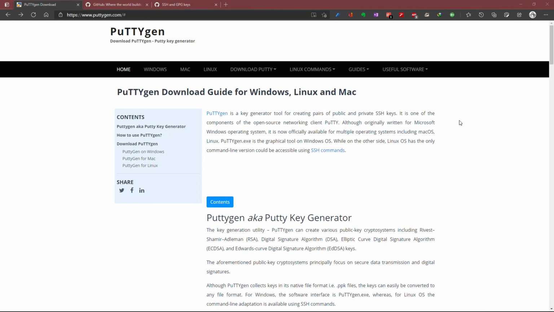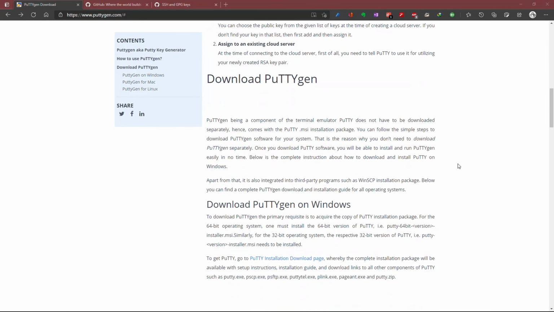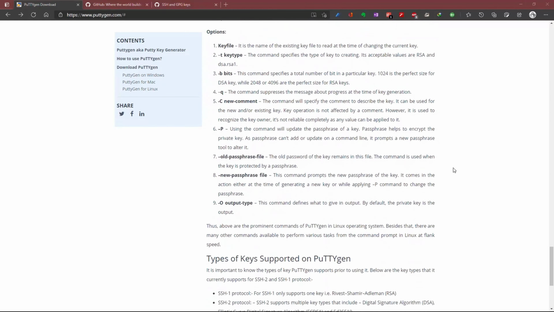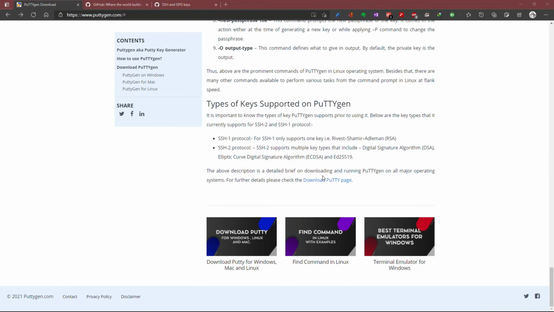Okay, now we will download and save the applications, Putty and PuttyGen. So first we can scroll down the website and choose download Putty at the bottom.